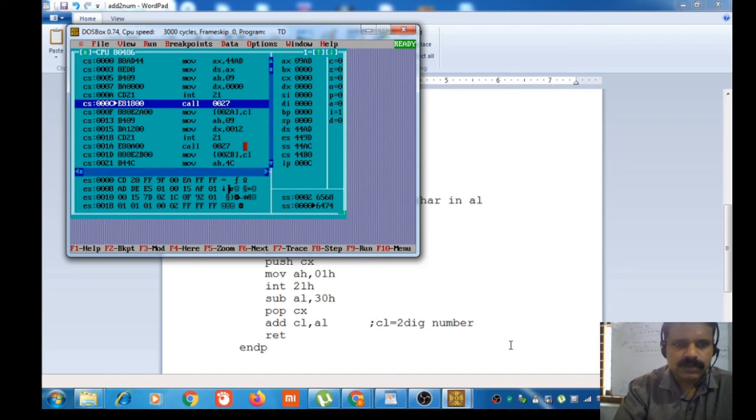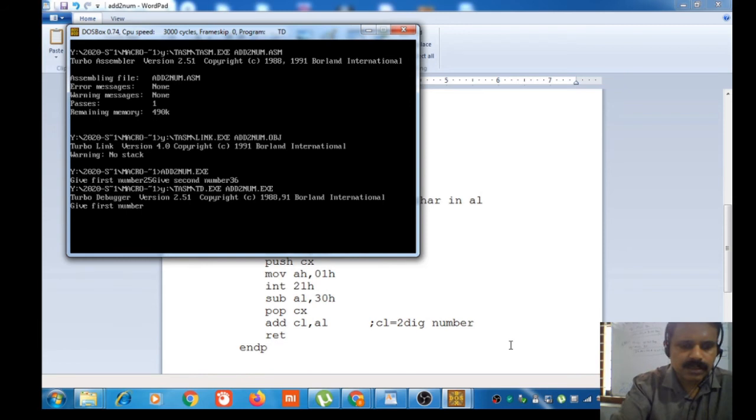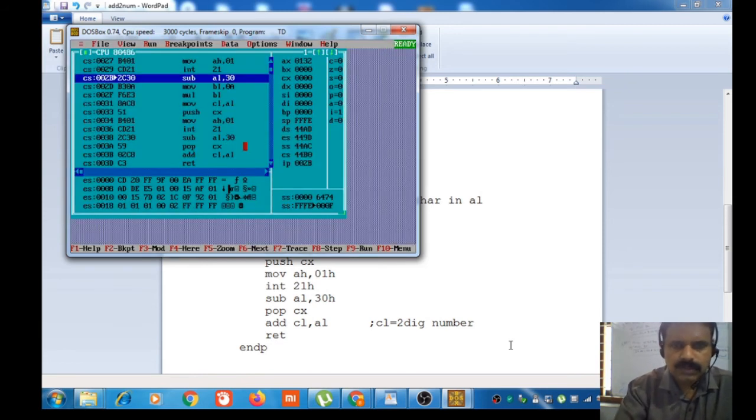So we are going to call read num. Okay, AH 01 INT 21H. We are pressing 2. See, AL carries 32, ASCII of 2. Then we are subtracting 30H, AL is equal to 2. Then